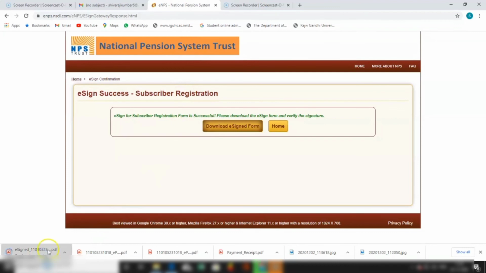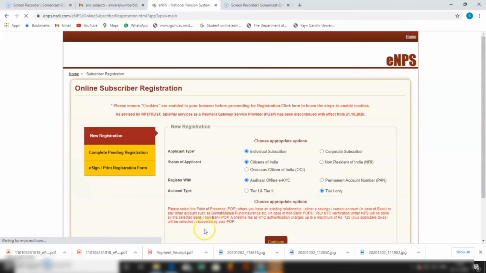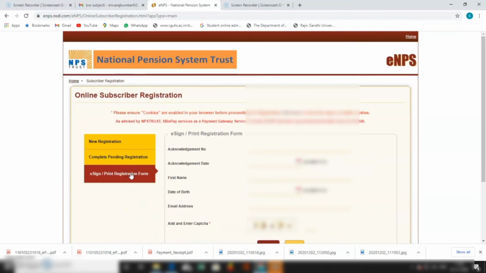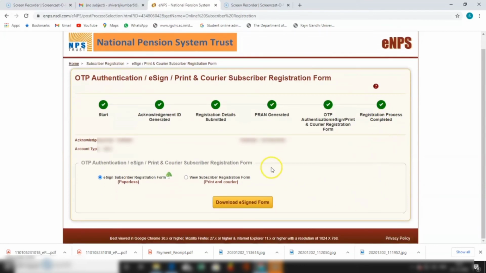So after this, come back to the home page, National Pension System registration, and click on e-sign. Enter the acknowledgement number and all other details. Click on submit. So here you can see from start till the registration process is completed, all green marks, and you can click on view subscriber registration form, print and courier option.